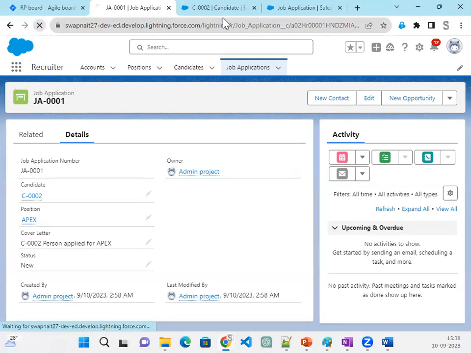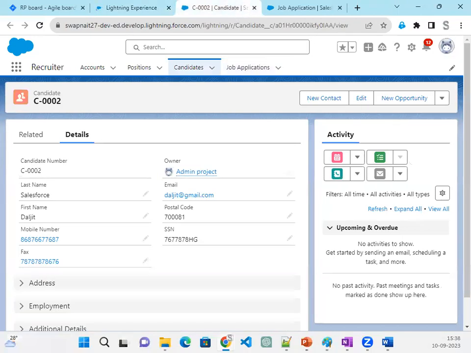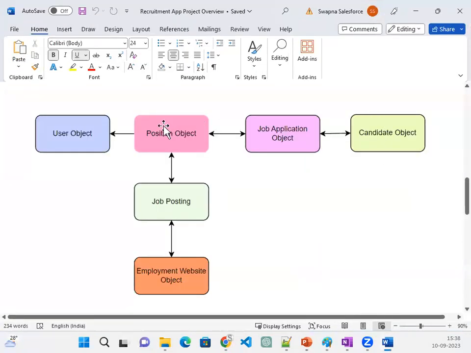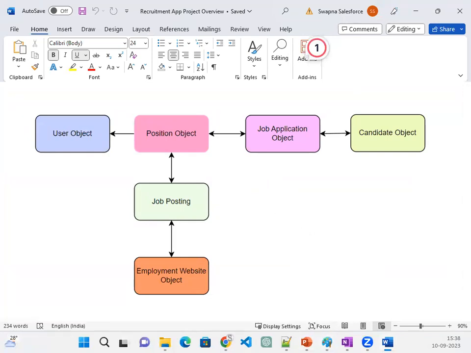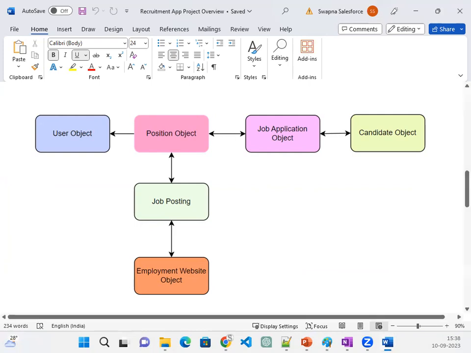Going to take time. Fine. So the next one which we are going to create is... so we are done with posting object, job application, candidate. Or the business analyst, we need to create the change of it. You can also identify. No,